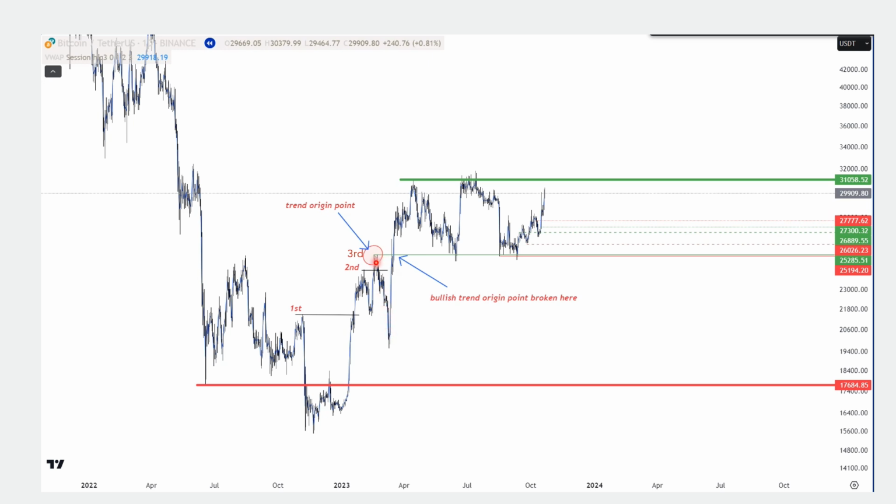The top of that pullback gives me a potential trend origin point. I say potential because it hasn't broken it successfully yet. Once the third point is broken, we are in the green in our Excel table and should bias only long. So going back to the table,